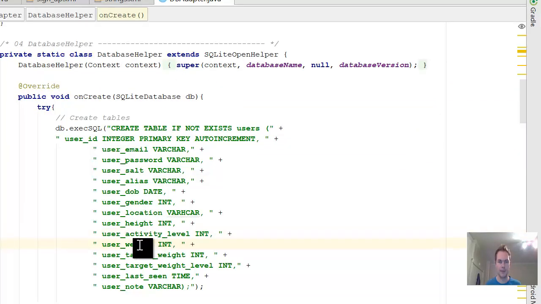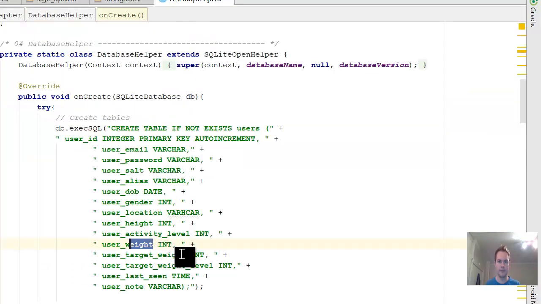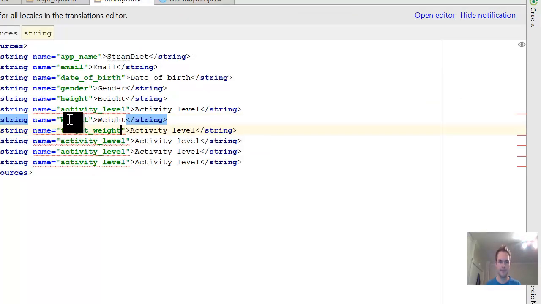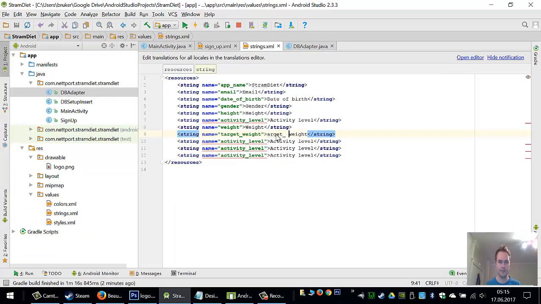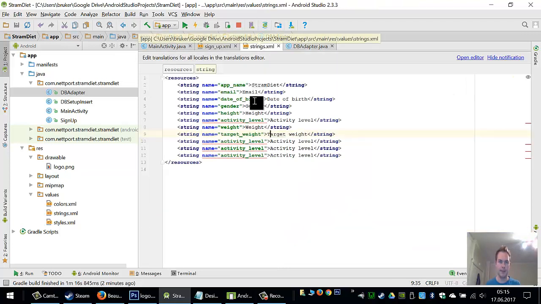I have weight. I have target weight. And these are the things I need, and I also want to have one more, and it's